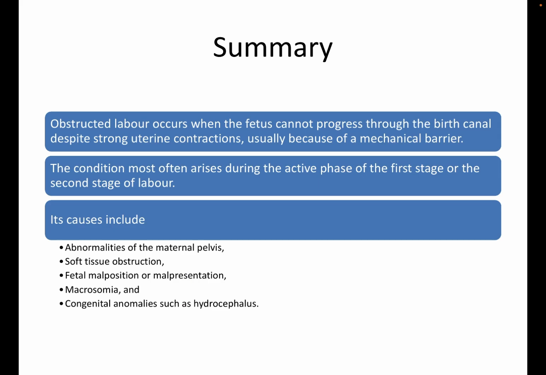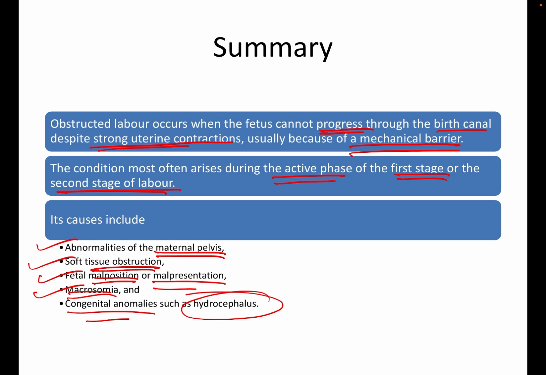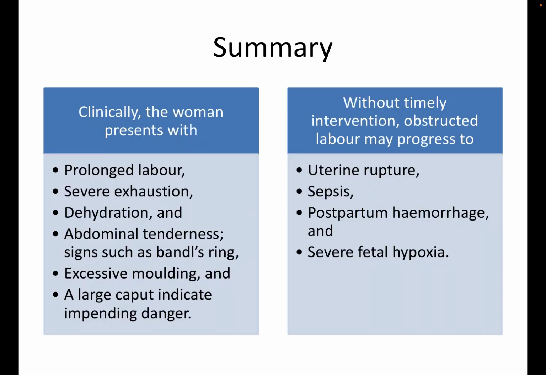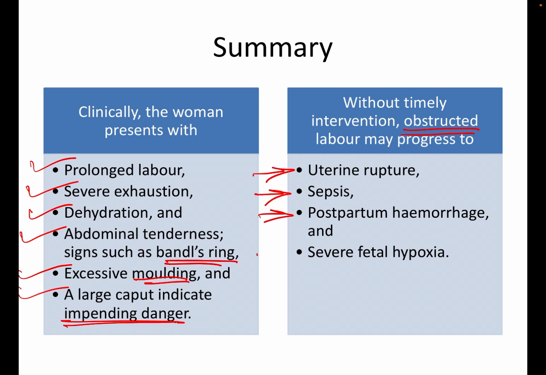So to summarize, obstructed labor occurs when the fetus cannot progress through the birth canal despite strong uterine contractions, usually because of a mechanical barrier. The condition often arises during the active phase of the first stage or the second stage of labor. Its causes include abnormalities of the maternal pelvis, soft tissue obstruction, fetal malposition and malpresentation, macrosomia, and congenital anomalies like hydrocephalus. Clinically, the woman presents with prolonged labor, severe exhaustion, dehydration, abdominal tenderness, Bandl's ring, excessive molding, and a large caput indicating impending danger. Without timely intervention, obstructed labor may progress to uterine rupture, sepsis, postpartum hemorrhage and severe